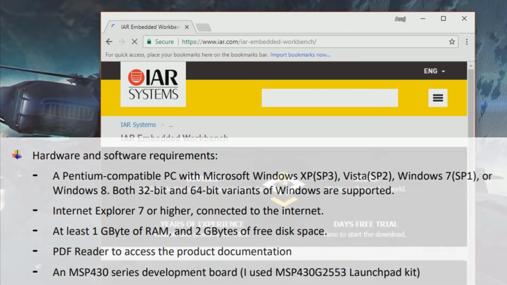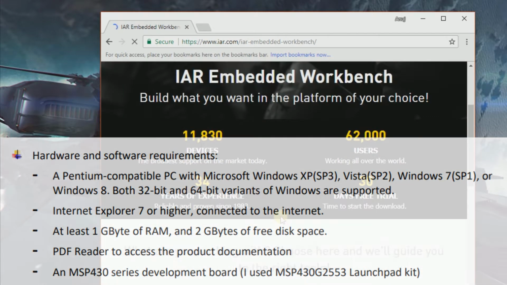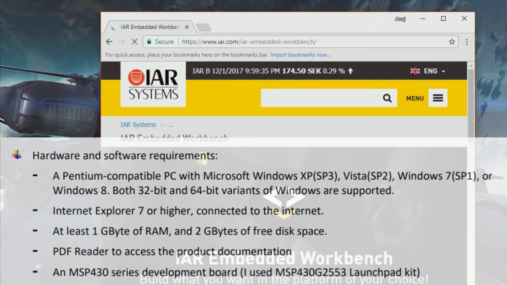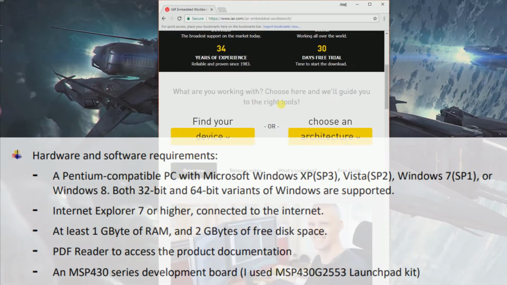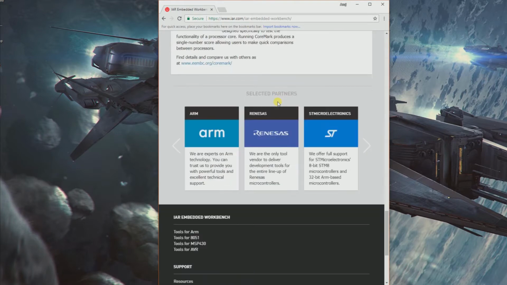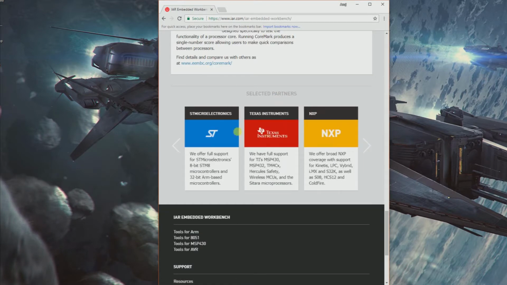And if you're running Windows XP, make sure you have Service Pack 3 installed. For Vista, Service Pack 2. For Windows 7, Service Pack 1. Windows 8 and 10 users needn't worry much about it. Alright, so these guys support a couple of different